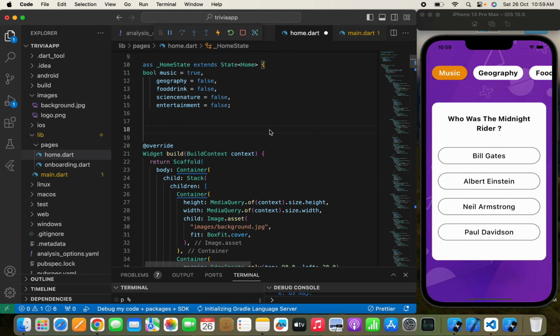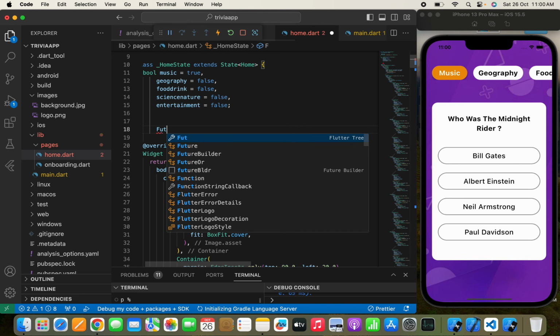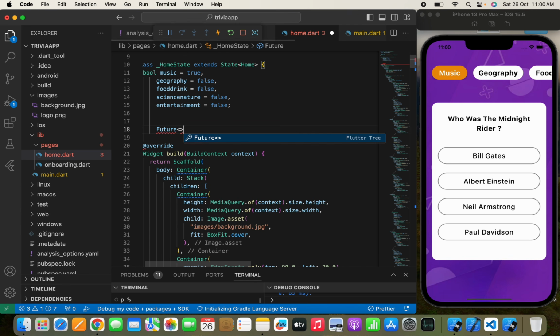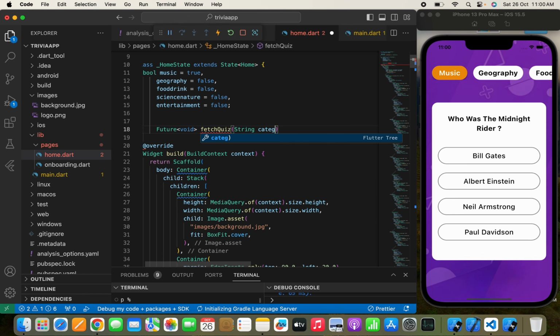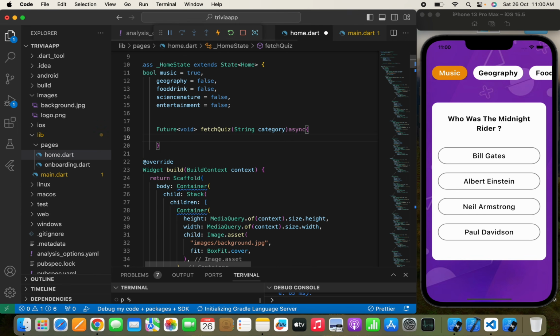Now let's move on, and we are going to use the Ninja API to show all the quizzes that we have just made in our app. Here I will create one function, something like fetch trivia or quiz. So I will write Future void, and here I simply write fetchQuiz. As I have told you, we need to pass a category, so we'll write category, and here we need to write async. Now a final response